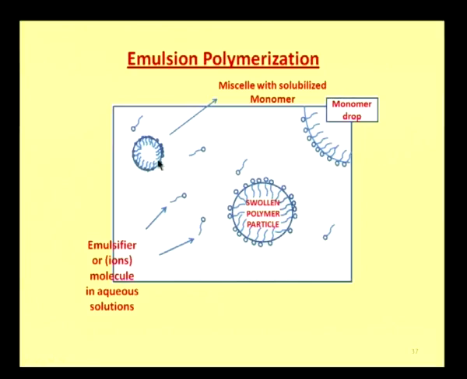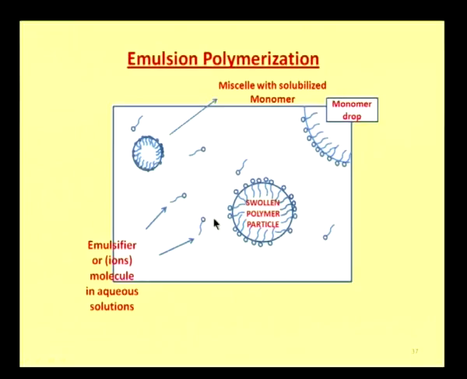If you look into this particular closed structure, all these emulsifying agents arrange themselves in a particular order, and inside you have all your monomers present. The hydrophobic regions are towards the monomer, and the hydrophilic regions are towards the water medium because they are attracted towards the water. And when the monomers are added to the initiator, which is soluble in the water medium, it initiates the reaction and the polymerization forms,